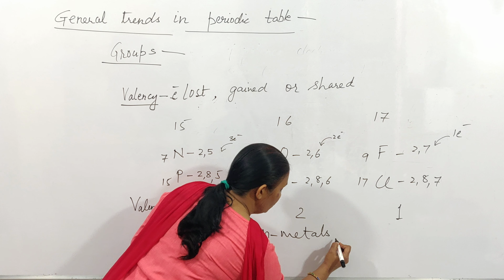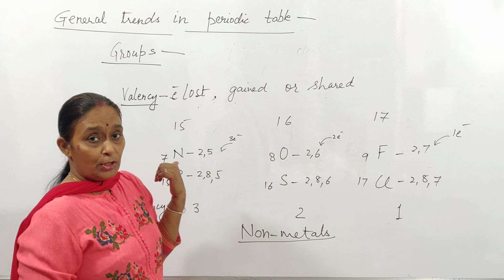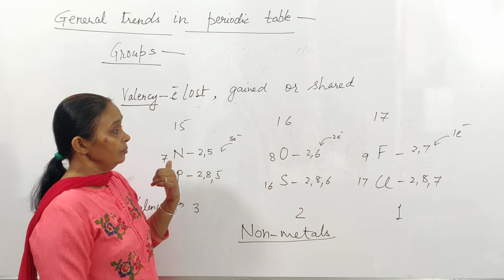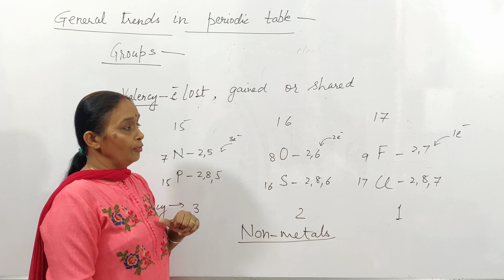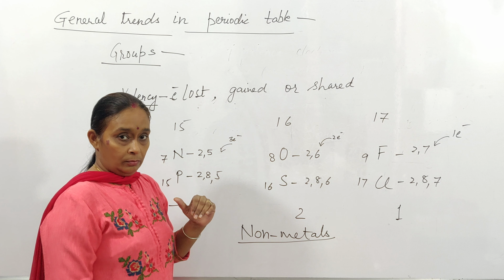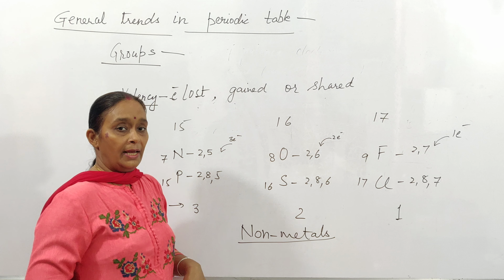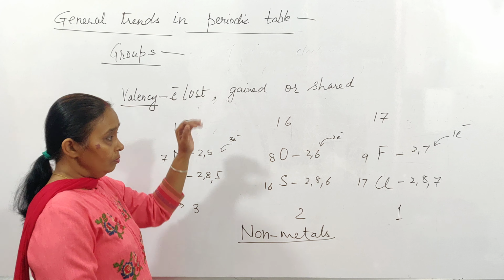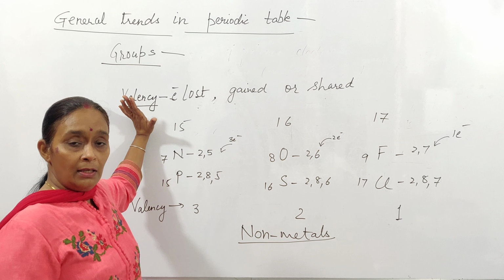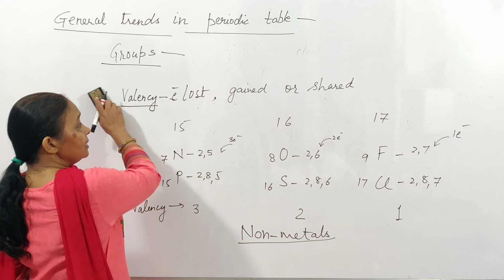If we talk about 14th group element, which we have discussed earlier, in 14th group we have carbon as the non-metal, then there are silicon, germanium which are metalloids, and further there are metals. So this is all about the valency which we see in the various groups. Now the next property